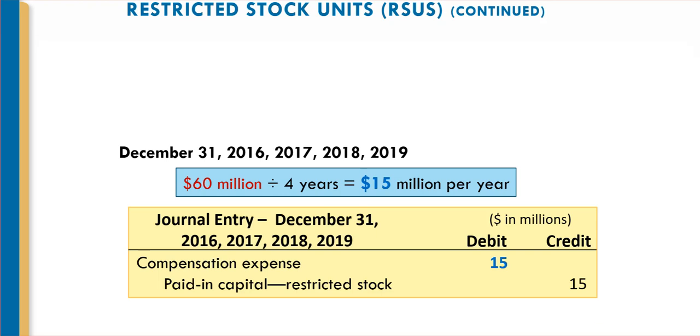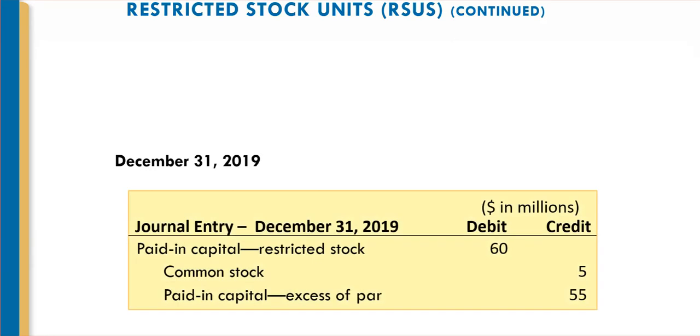And so the 60 then needs to be transferred into common stock because you are going to give this executive, in this case it's units, the units there, that is going to be the same as giving them the stock. So here's what happens then. You have the 60 that you'd put into that paid-in capital account. You're going to transfer it out,